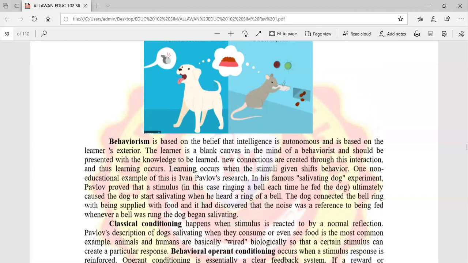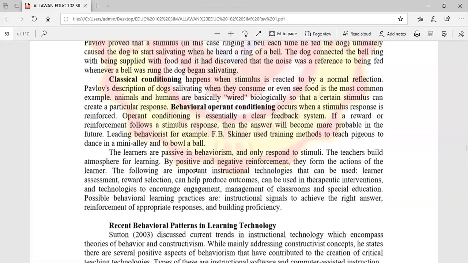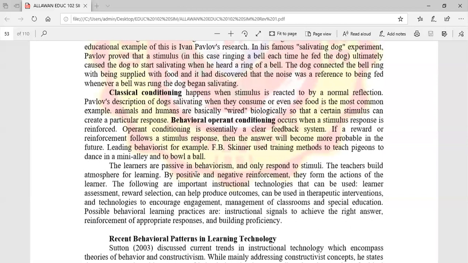Classical conditioning happens when a stimulus is reacted to as a normal reflex. Ivan Pavlov's description of dogs salivating when they consume or even see food is the most common example. And then the behavioral operant conditioning. The proponent of this is B.F. Skinner, a leading behaviorist who used training methods to teach pigeons, the white birds, right? Pigeons to dance in a mini alley and bowl a ball. So in this type of